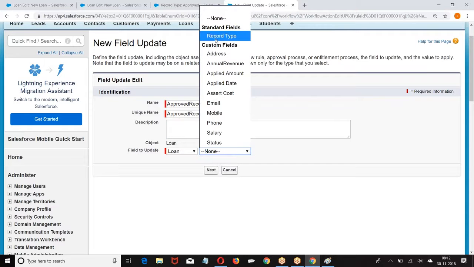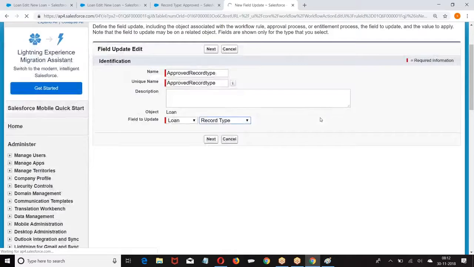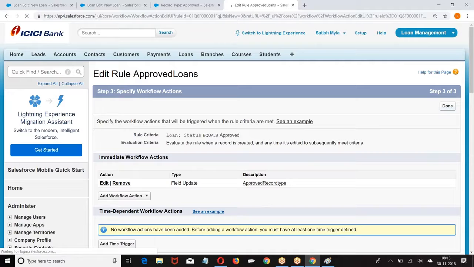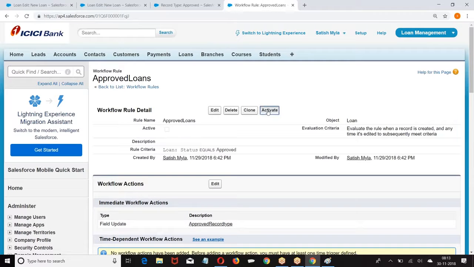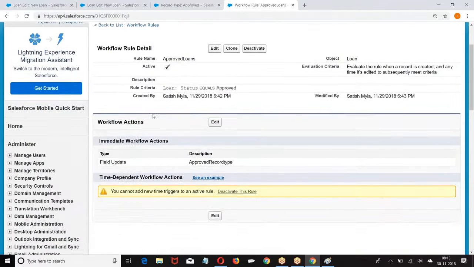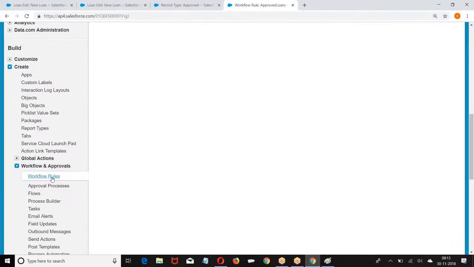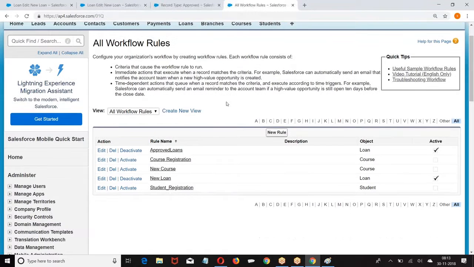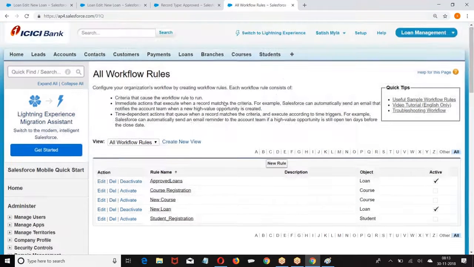Then change the record type equal to approved. Whenever the status of the loan is modified to approved, change the record type to approved. Whenever a new loan is created, assign the status equal to pending, and change the record type to pending.